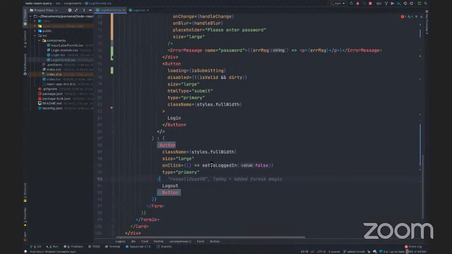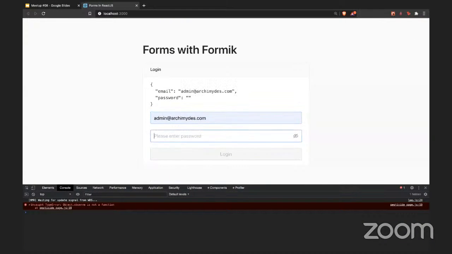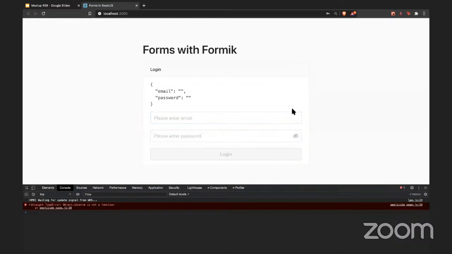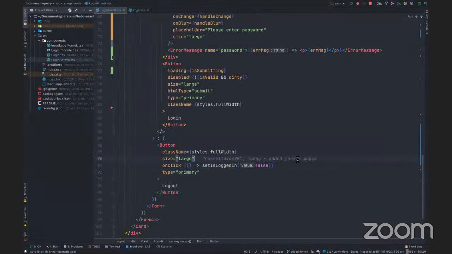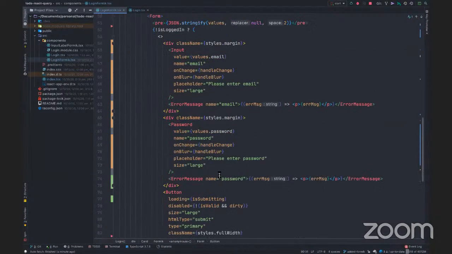All this is going to do is, on click, set the is logged in state to false. So let's just see how that works over here. Let's type something, hit login, and bam, we've logged in now. And the moment I hit logout, you see the states also reset. The moment I hit logout, I come back to the screen, right? So this is basically how Formik works, but let's just take it a little bit further and make sure we